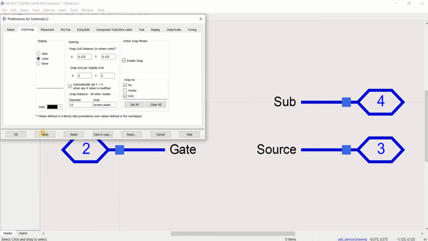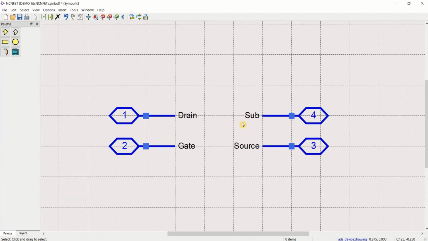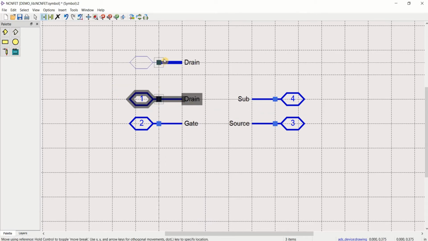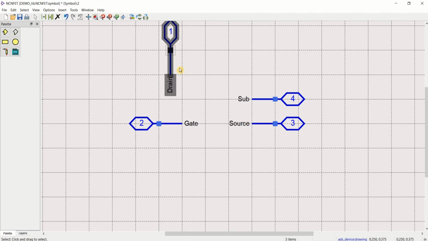You can use lines for convenience. You create the transistor model, that is, drain on the top. Select this, move, use Ctrl R for rotation.